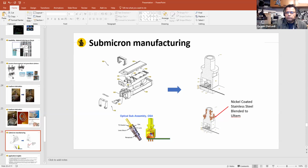We use a special kind of plastic called Ultem, which is optical grade plastic. And we have to maintain the lens on it, which is some fourth order lens, extremely difficult to manufacture, and we have to maintain very high tolerances. However,